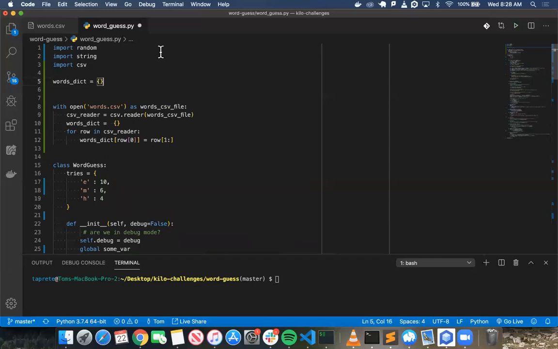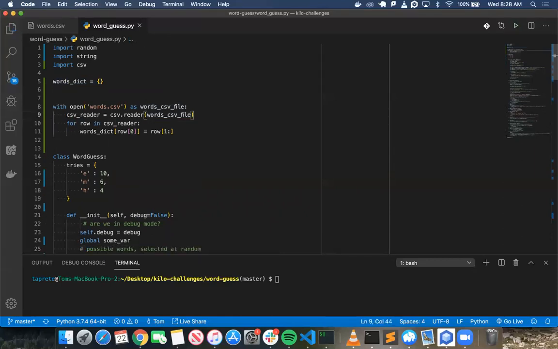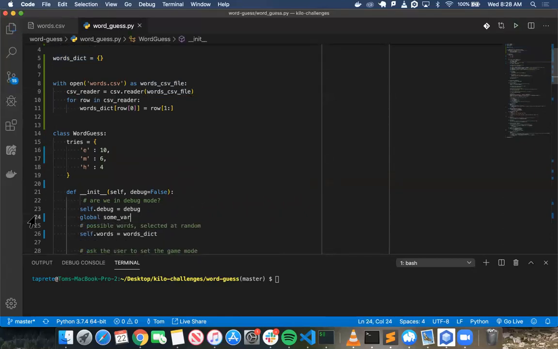If I assign it at the very top, not within the scope of any class or method or function, it will be a global variable. So I can essentially do the same thing here, and it should still work. So that global